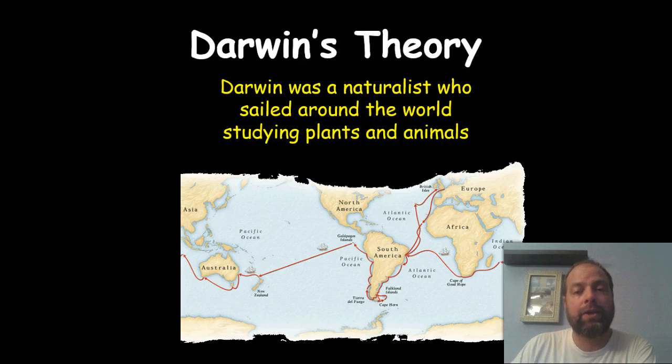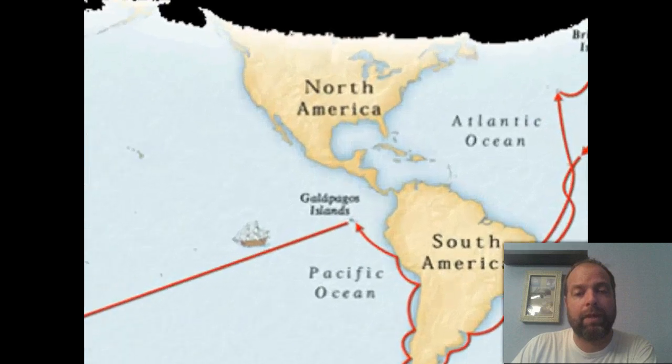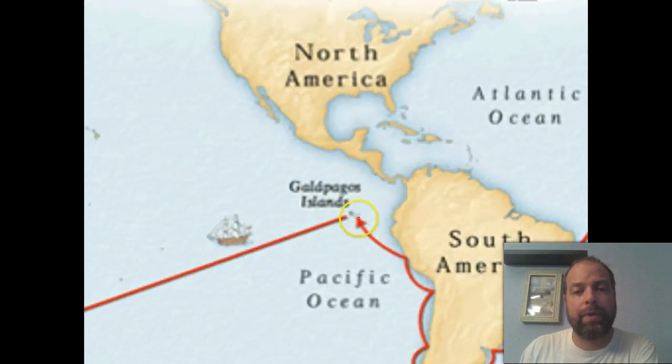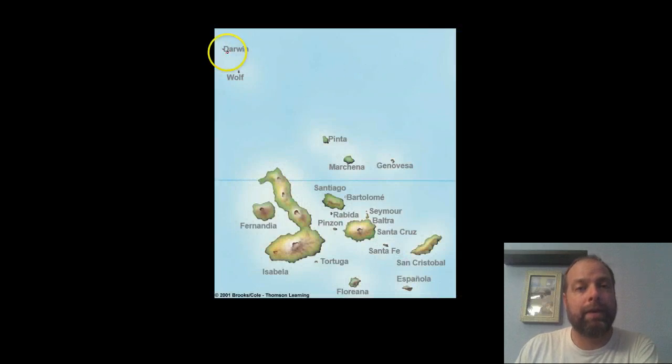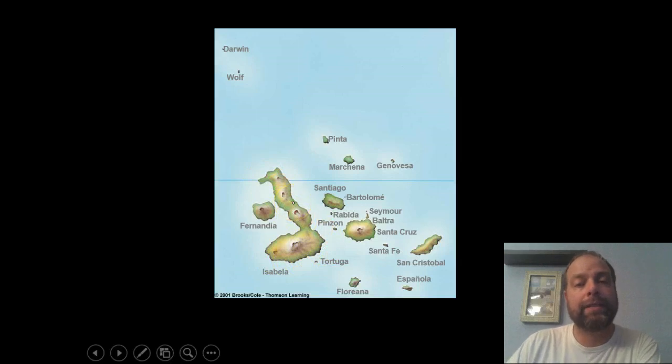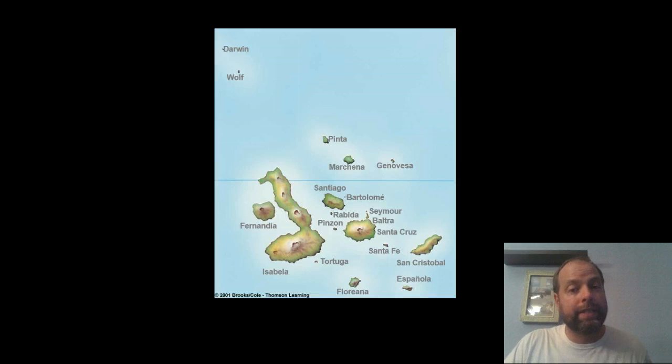The Galapagos Islands are located across the Pacific Ocean, across from what is now Ecuador. And if we zoom in on the Galapagos Islands, we see them right here. There are a couple of volcanic islands that make up the Galapagos Islands. As you see, these islands vary in size as well as shape. Not only do they vary in size and shape, but they also differ in vegetation. They're at slightly different elevations, which means they're a slightly different environment on each and every one of these islands.